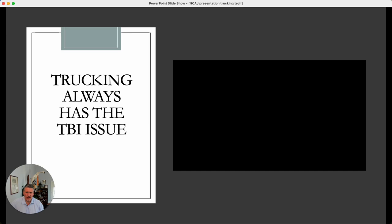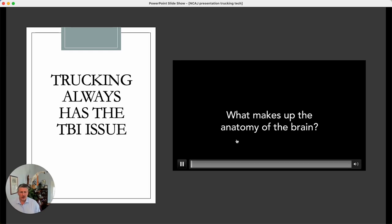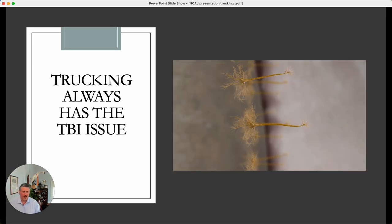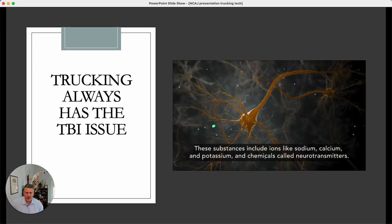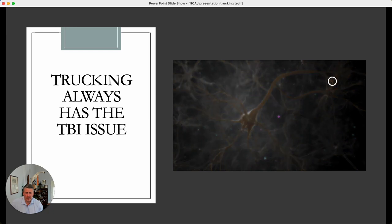And then there's the TBI issue. Anytime we have a trucking case, we've got problems with people's brains being moved around and pushed around, and we're able to go in and do what we need to do to make sure that the gray matter in the front part of these people's brains gets looked at and made sure they're correct, right? So that everything that we can do to get all the damages taken care of for these folks who've been severely injured as a result of their